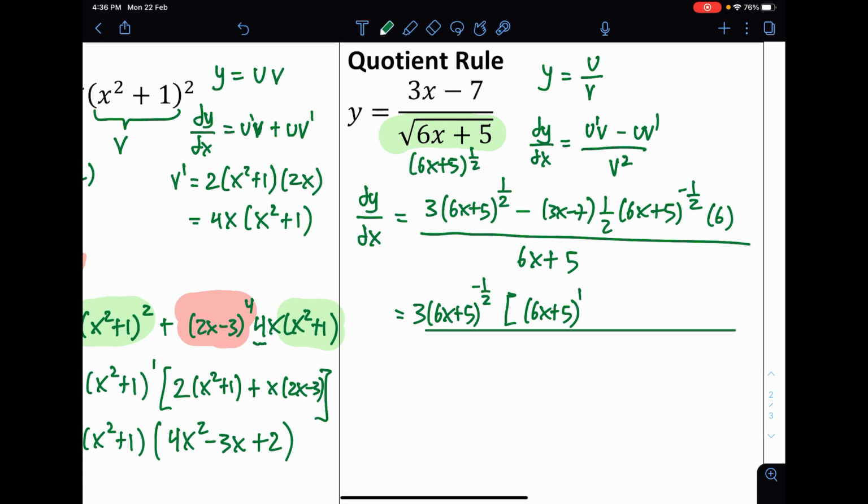This is because when you factorize, you are actually dividing them. Or maybe the simpler way to see is that when you take this, multiply by this, the power of negative half added with power of 1 by indices method. Negative half plus 1 gives you positive half. So you see, if I expand back, I'm going to get the figure correctly. Then minus, there is a 6 and there is a half over here, which means that it's going to become 3. I factorized the 3 already. So I'm left with just a 3x - 7.